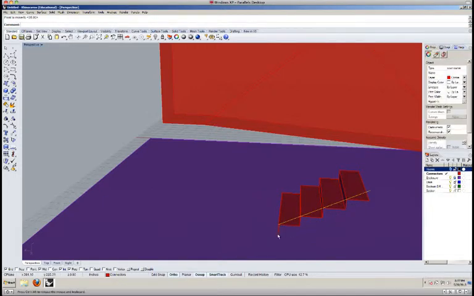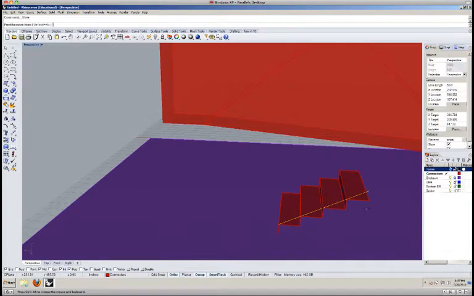The reason I drew it along the bottom first is because I had this as a reference point. If I had drawn it along the top, I would have had to scale 1D it out and use this as a reference point to get the line the right way. Now I can move it vertically 8 feet. I'm going to click this endpoint, go up 8 feet,